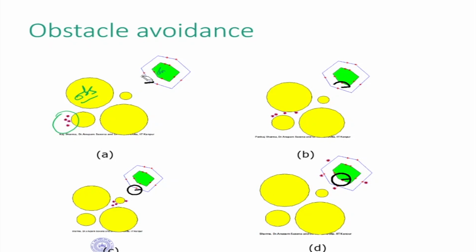So what we are saying is that the optimization actually shows that you need a minimum of 4 robots for form closure. This is something we know from before. And if it goes and catches the object, it can avoid the obstacles. These are obstacles it can avoid. Then it goes and sits on the boundary of the obstacle, and once all 4 of them have sat on the boundary, they go and capture the object. That is how it works. And this is also a single objective way of doing it.